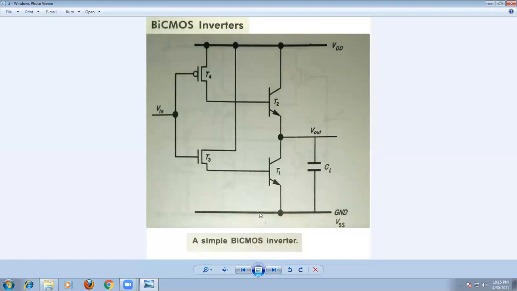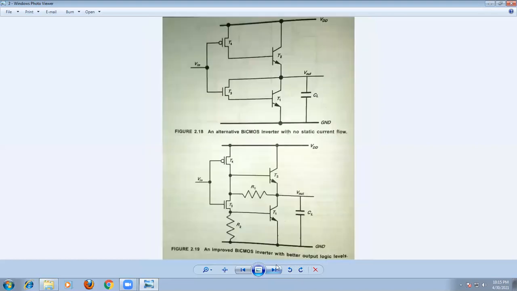So what is the next alternative in this case? Instead of connecting the drain of the transistor T3 to VDD, we are going to connect the drain of the transistor T3 to the output terminal here. Just see, instead of connecting this directly to VDD, we connect this point to the output. Then again we check the condition, whether it operates perfectly or not.